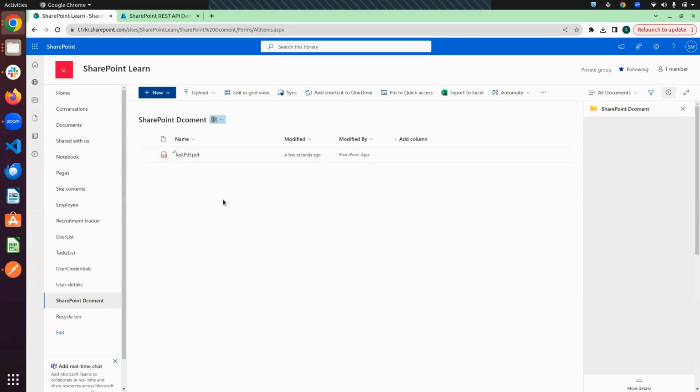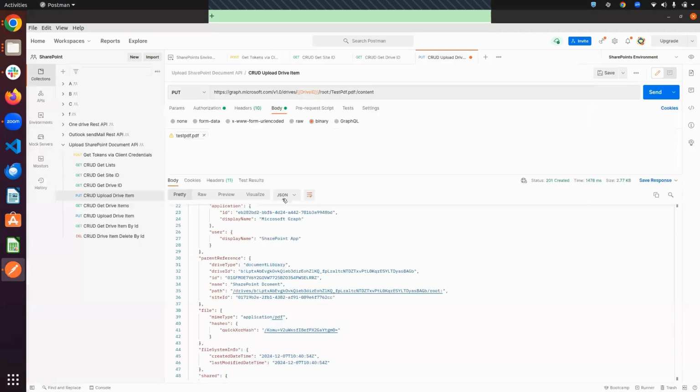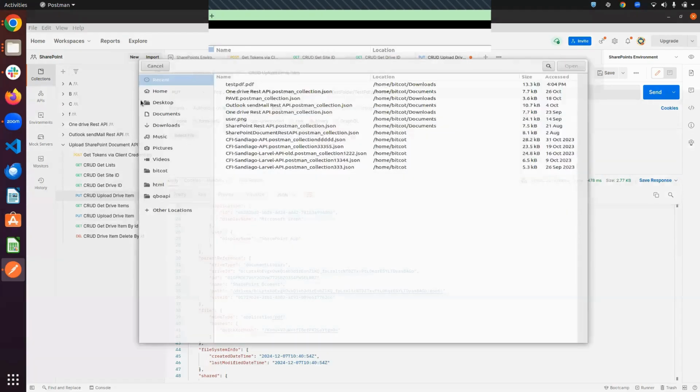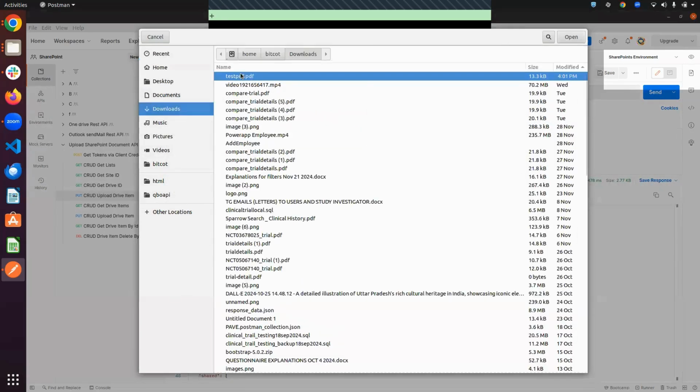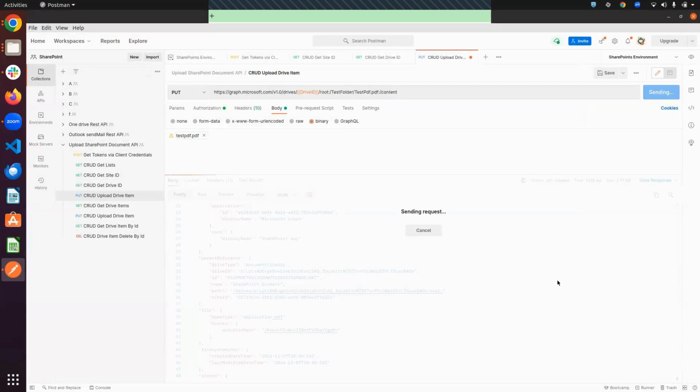Suppose friend, we need a folder, and inside it we want to upload a document. For this, we just pass the name. I'm passing test folder, and a slash here. And same friend, I'm choosing the same file right here, the download section, pass this and send again.